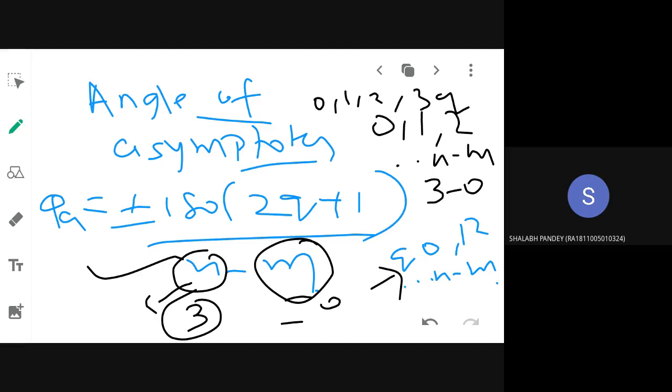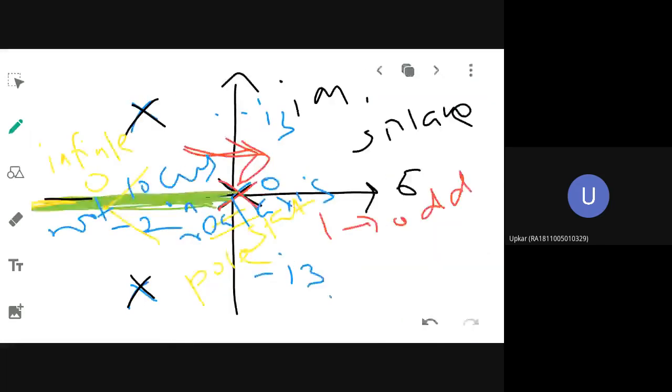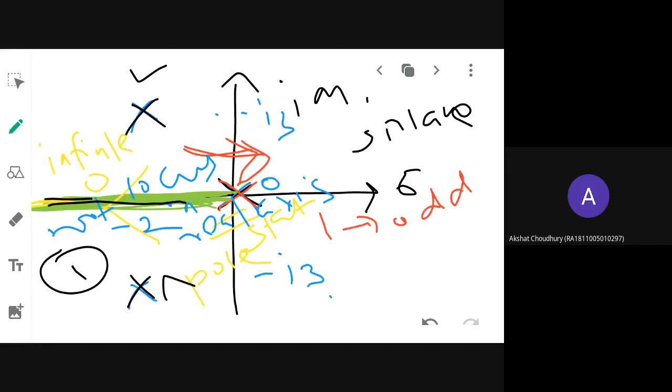But for your problem, how many root locus branches are there? 3 only. So one of the branches you have already located, that is present in the real axis. This branch that I have shaded in the green line is already found out. That is branch number 1. So how many branches remain? 2. One will originate from here and one will originate from here. So it is enough if you are finding only 2 angles of asymptotes.